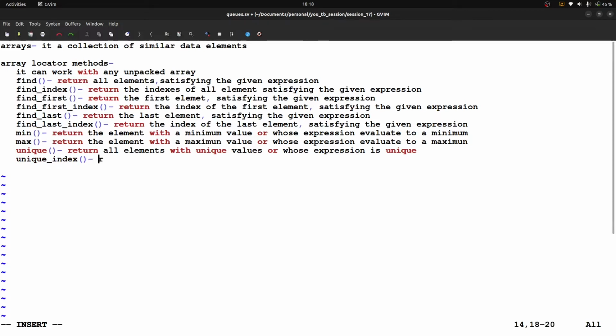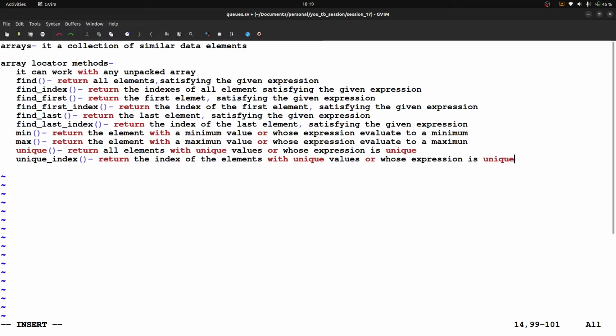It returns the index of the elements with unique values, or whose expression is unique. So these were some array locator methods.